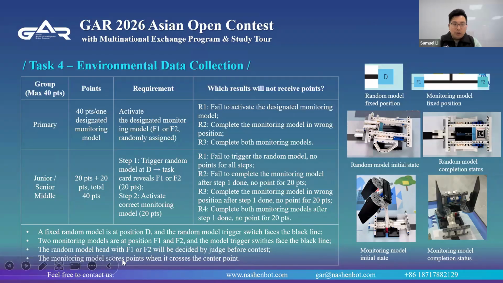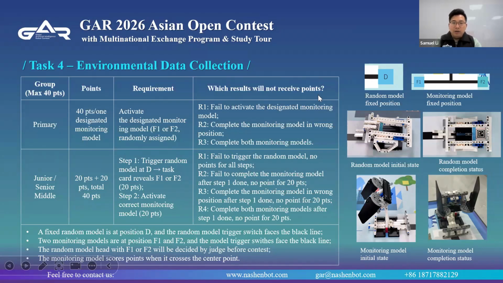The monitoring model scores points when it crosses the center point. So this is the center point. When you activate this monitoring model to this side, crossing this center point, you can get the points.